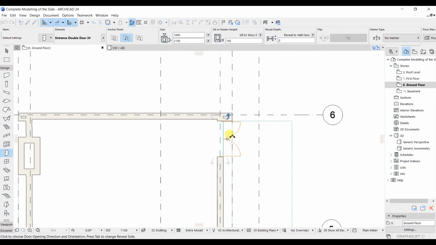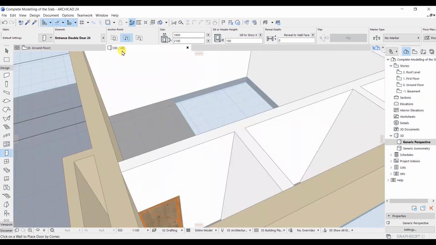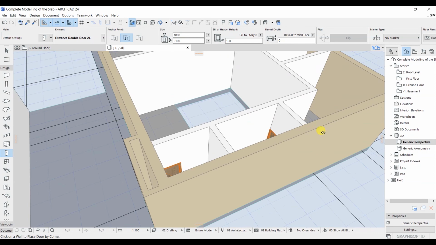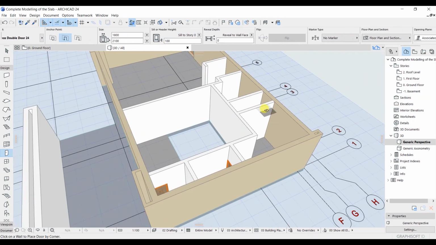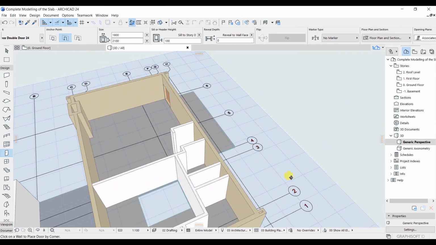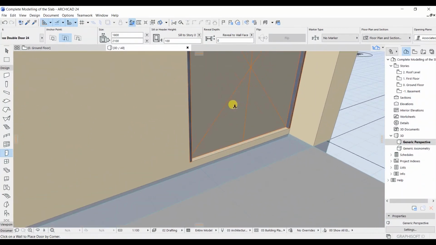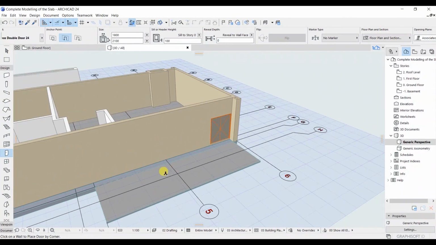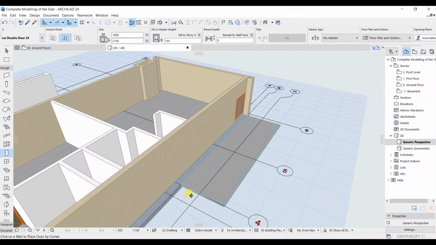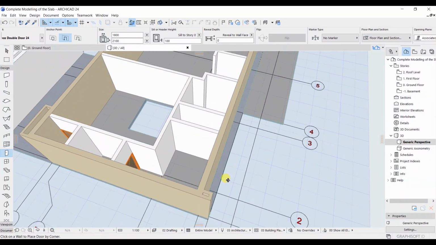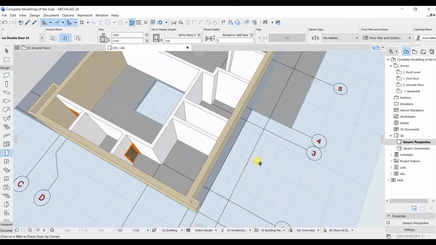Okay, so here you have to decide in which direction it is gonna open. So I will simply go and click here. So as you can see here that we have successfully modeled the double door here as well. So you can look at that one in 3D view as well. So let's go to this side here, shift and middle mouse scroll to rotate this. You can see that we have modeled this side. So in this way you have to model the doors here. As you can see here that we have created a door.